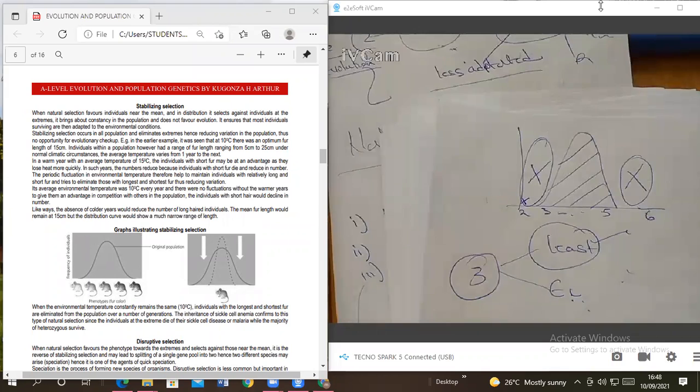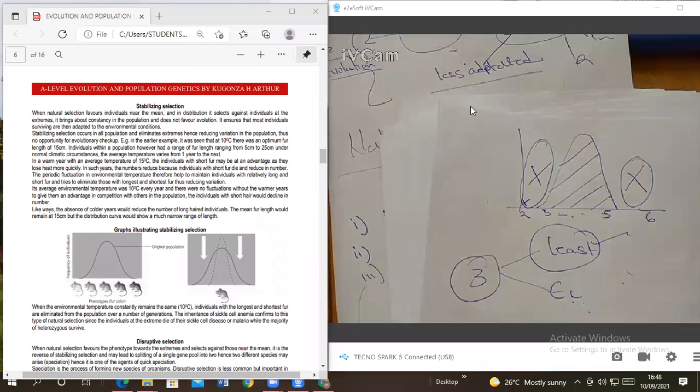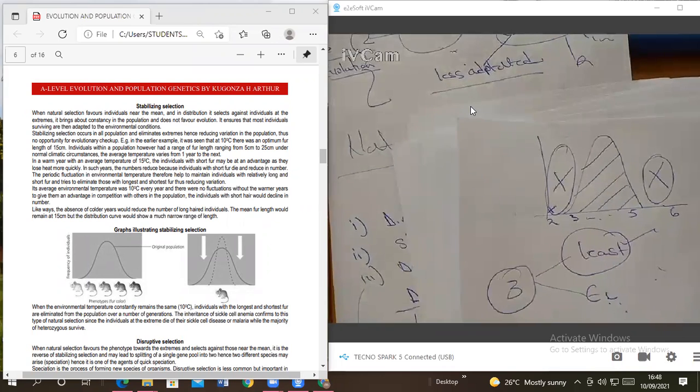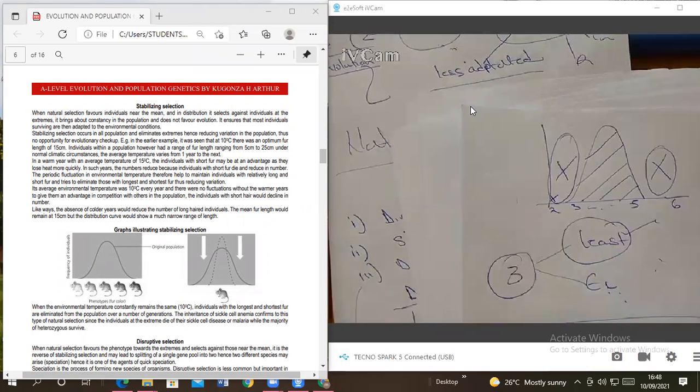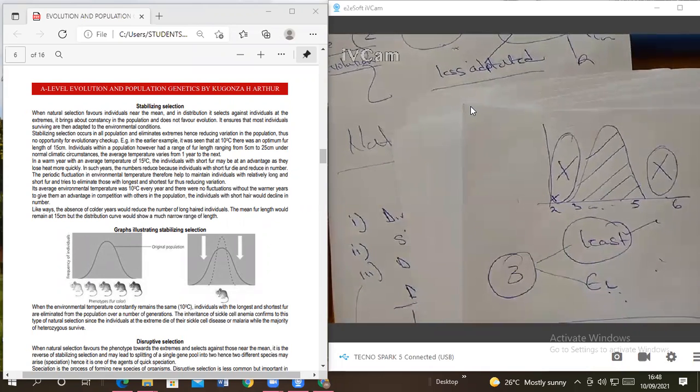Any other question? We continue as people are typing. Now, next, we go on to disruptive selection. In a disruptive selection, in a disruptive,